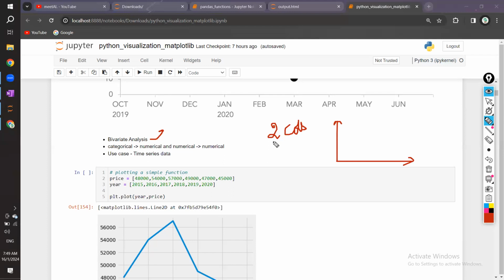So there will obviously be three different types of graph combinations which you can do. That is between categorical and categorical, numerical and numerical, and numerical and categorical. Okay. So for numerical and numerical